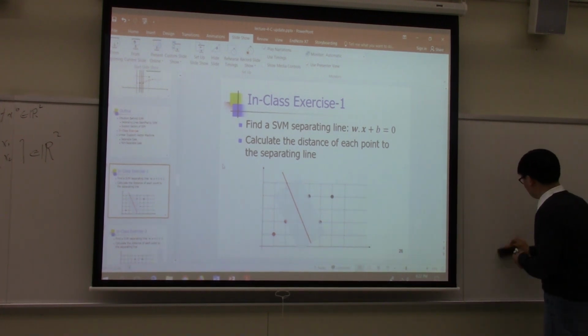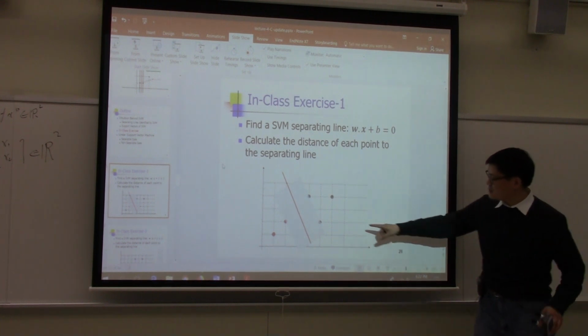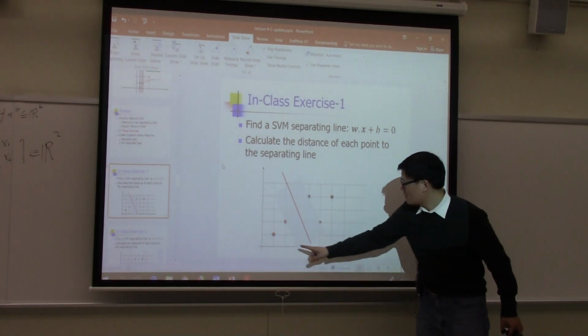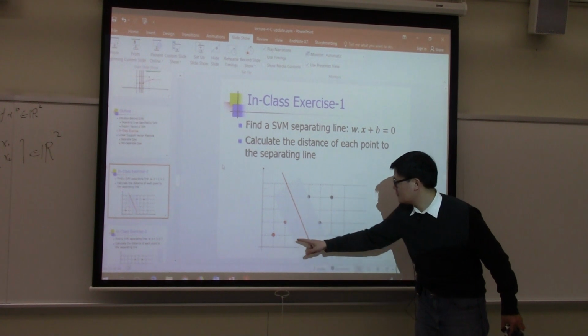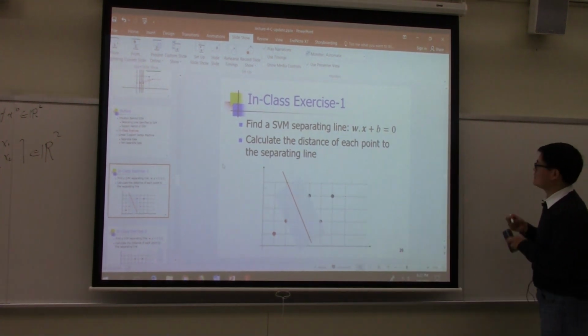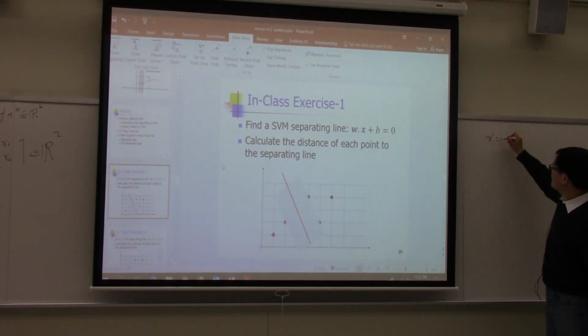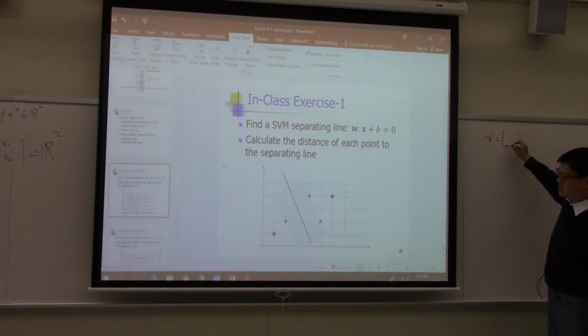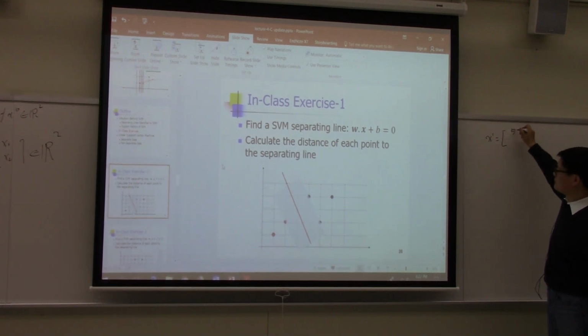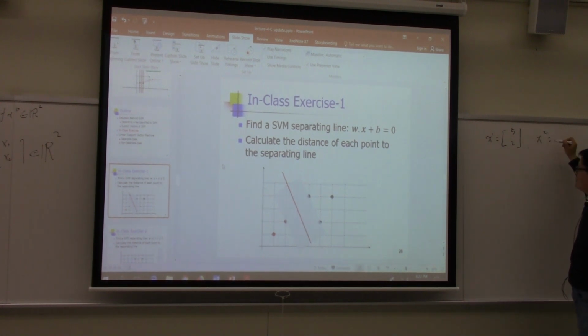So we have 3 support vectors, right? Let's see this support vector: 1, 2, 3, 4, 5, 1, 2. So support vector 1 is (5, 2)? Support vector 2 is